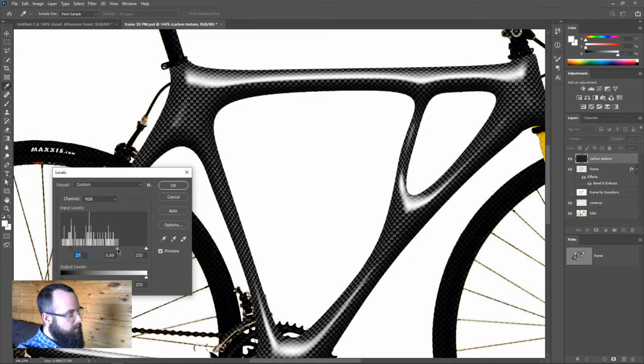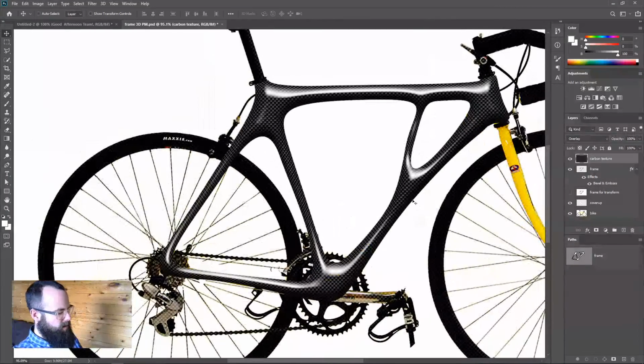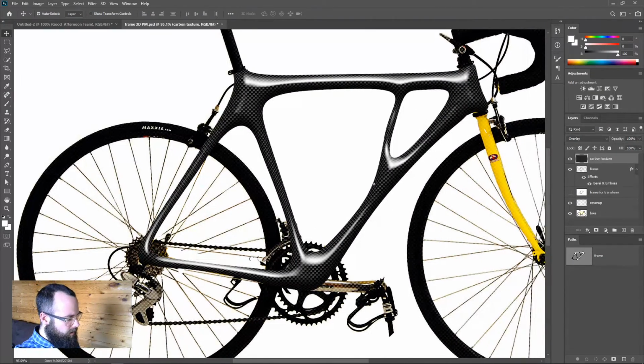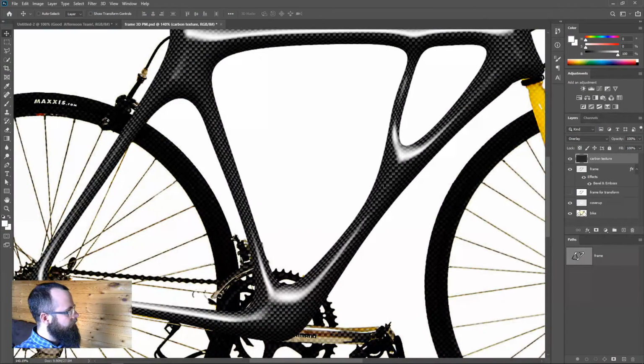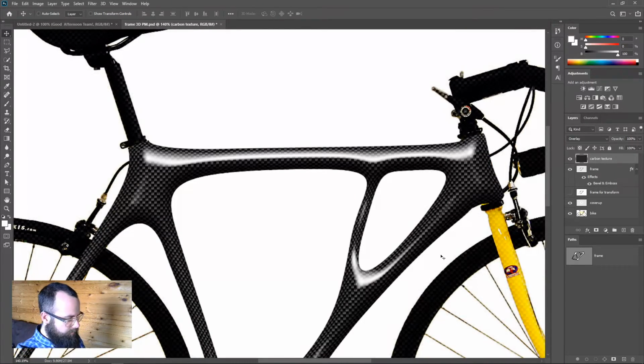carbon fibre. Usually carbon fibre is going to be a little bit darker like this, so quite a nice dark carbon fibre pattern. Nice. I'm happy with that. It's looking pretty good. So we've got a beautiful effect,